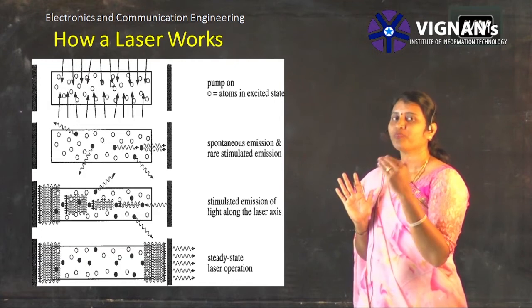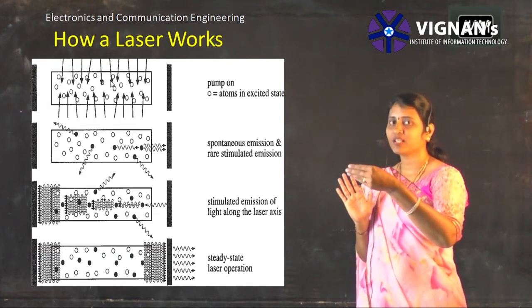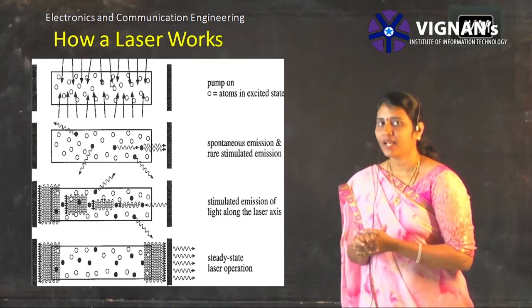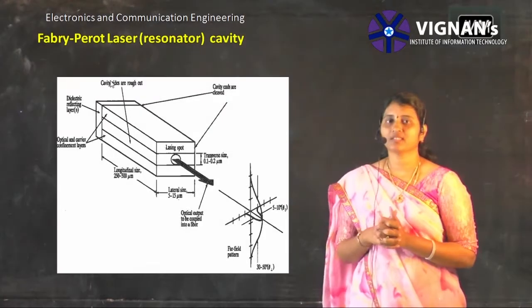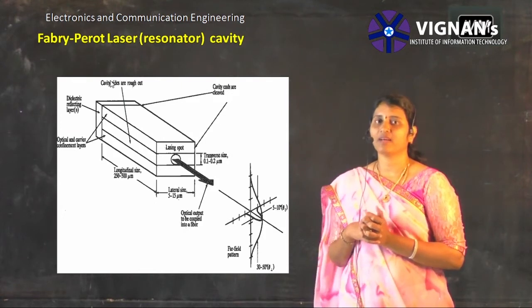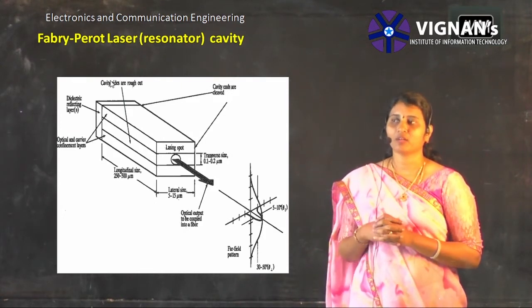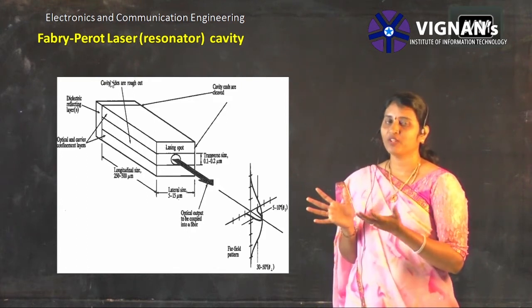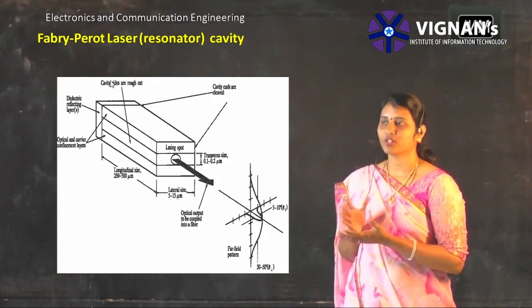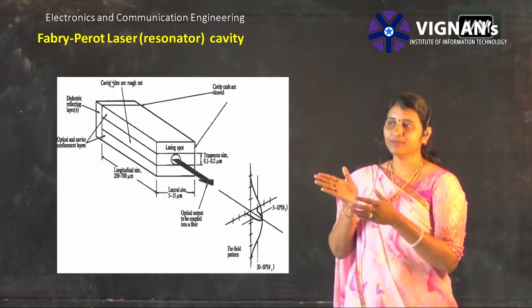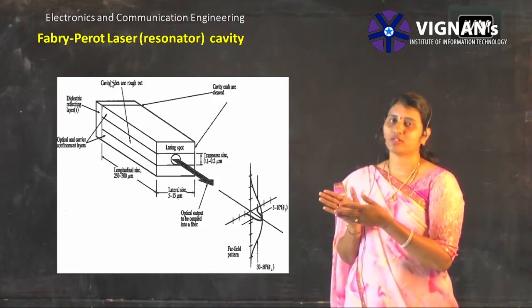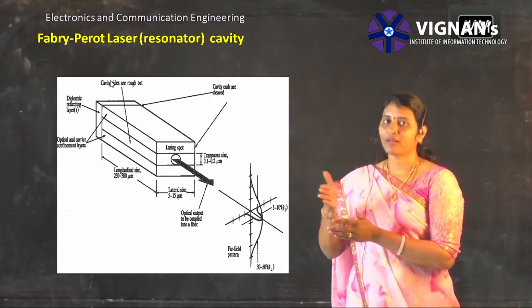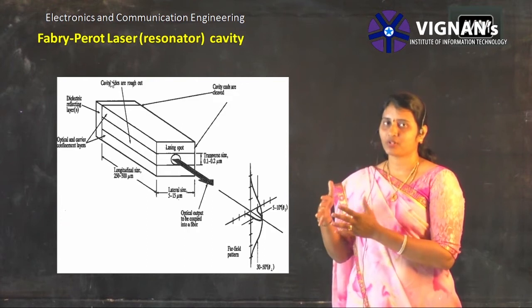Okay, so at the output part or the opening slit of the device, we will have a coherent light output with the same phase. So here this is the basic construction of a laser device called the Fabry-Perot laser. It is a resonant cavity. It is a layered structure, where you can see it is also a double heterojunction structure, which we have seen in LEDs, whereas in the Fabry-Perot resonant cavity, this is the basic structure of a laser.